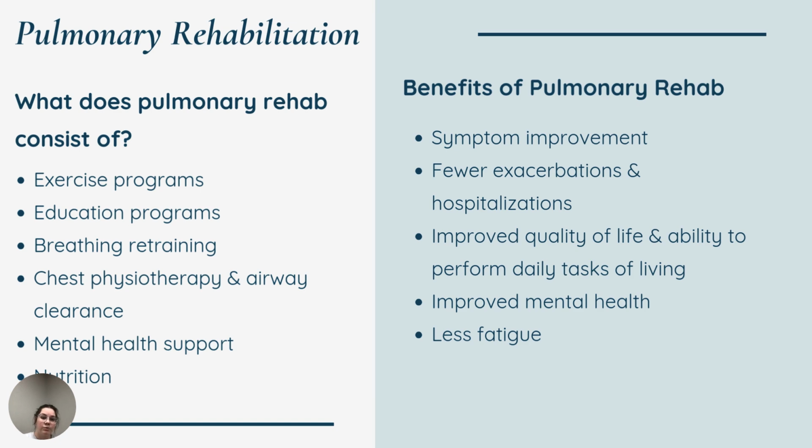And so we want to make sure we're not only taking care of their lungs, but also their mental health, doing whatever we can to help them stay positive, to help them stay in pulmonary rehab, because it's nice to be able to be around people who understand what you're going through. We as healthcare providers can understand it to an extent because we know what's going on in their body, but being able to meet weekly with people who are also dealing with the same things that you are, it helps bring